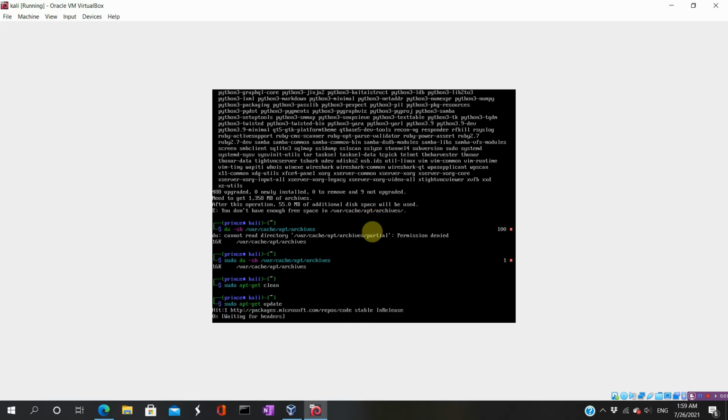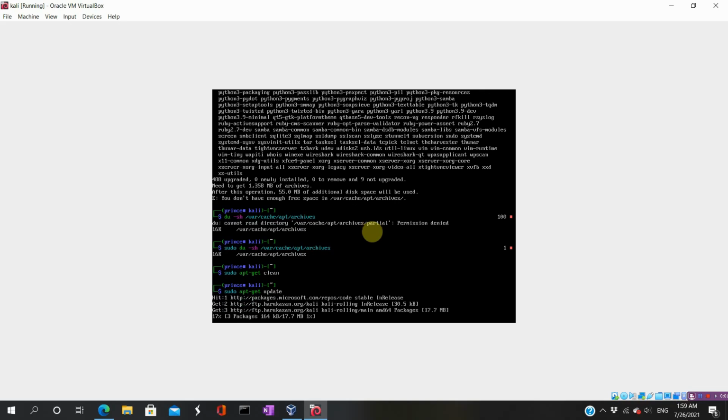Okay, so let's run the upgrade or update again. Probably we have cleared some kilobytes of memory from the cache, but I guess it will not work as it said some megabytes were required in our local space.